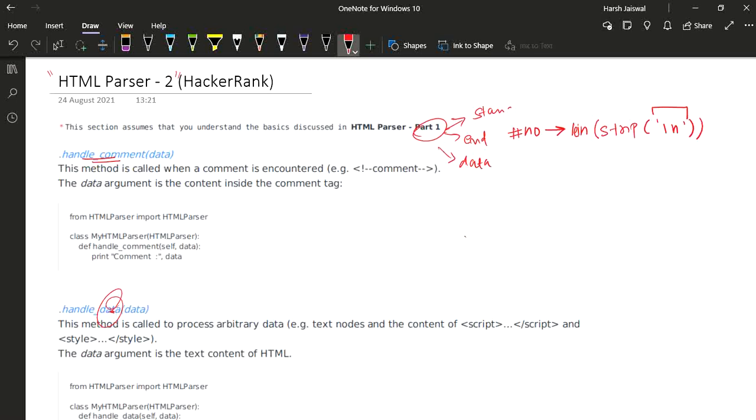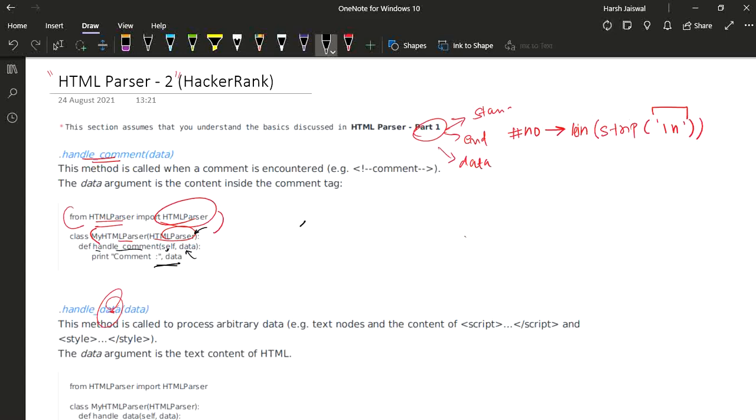Our import statement is that we need to import HTMLParser from HTML parser. Then we have a class called MyHTMLParser, which inherits from the HTMLParser class, and this class has a method called handle_comment, with arguments self as well as data, and it prints that comment and the data present in that comment.